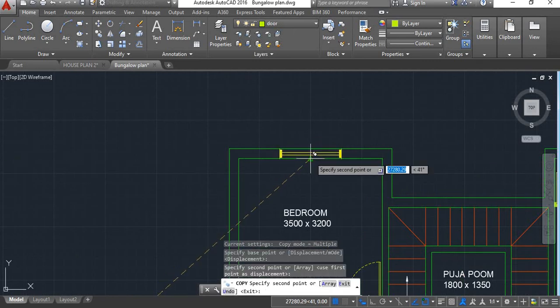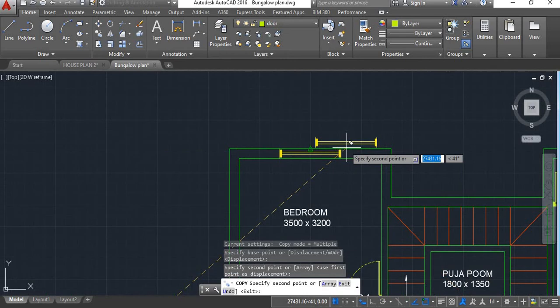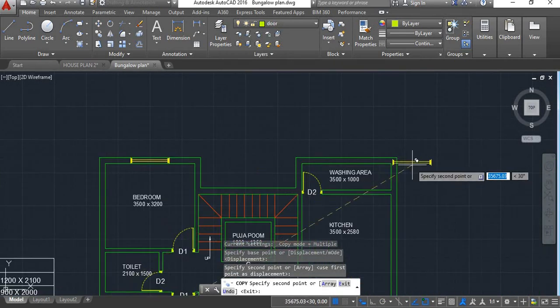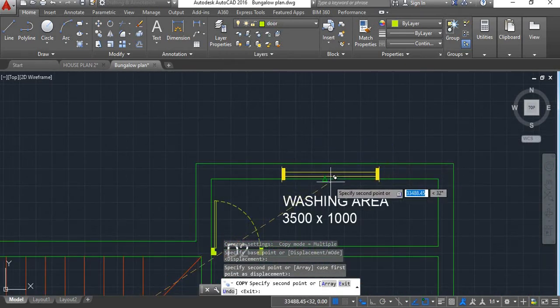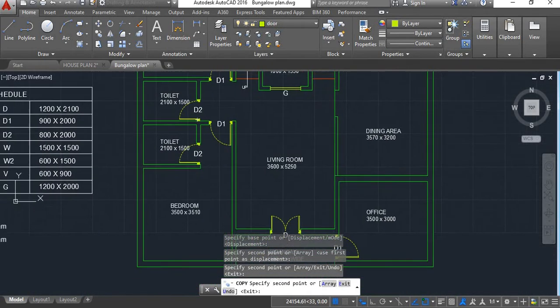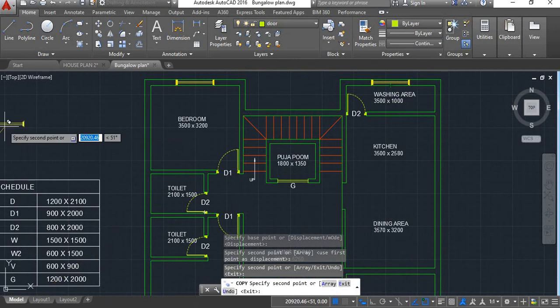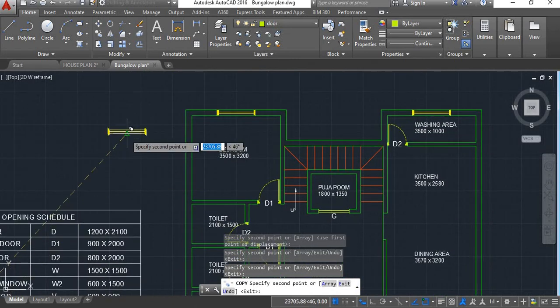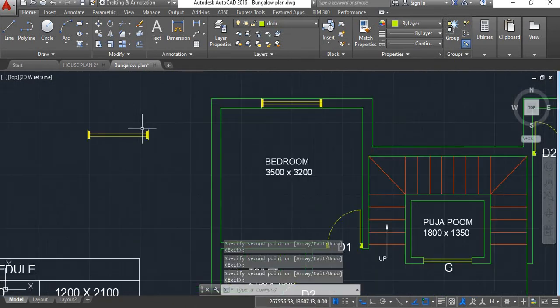I'll provide it here at this wall, then at this wall, then I'll copy it here and rotate it because I want it vertically.